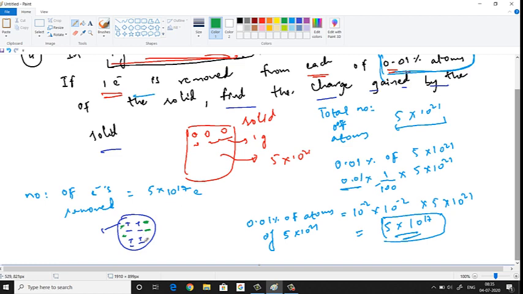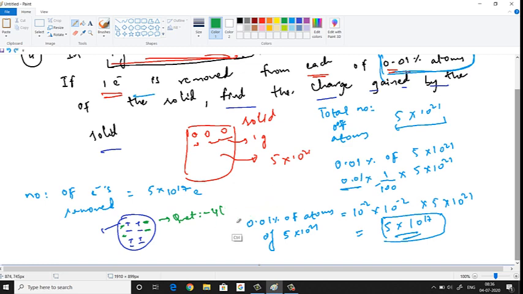So plus minus plus minus plus minus plus minus, this purple color plus minus is adding up to 0. Extra how many electrons I have? 4. So what is the net charge here? Minus 4. See, this minus 4 is just the number. So how will you find the charge? Minus 4 into the charge on one electron, you have to multiply. This is the charge. Same thing for plus also.